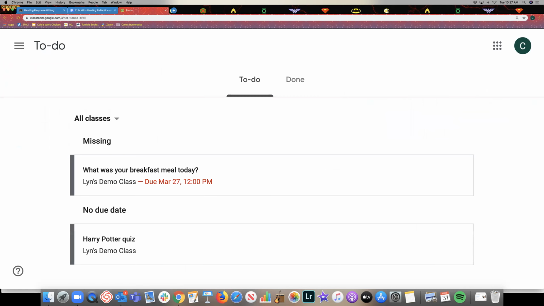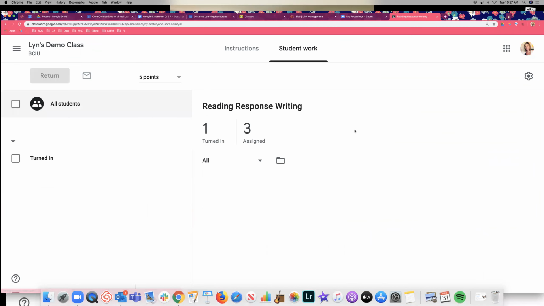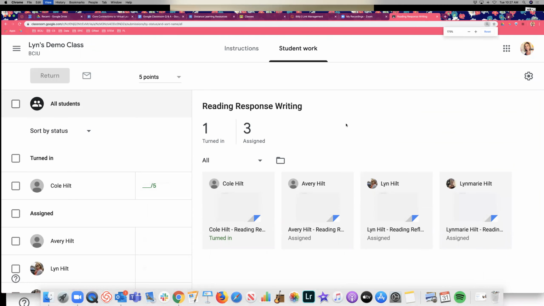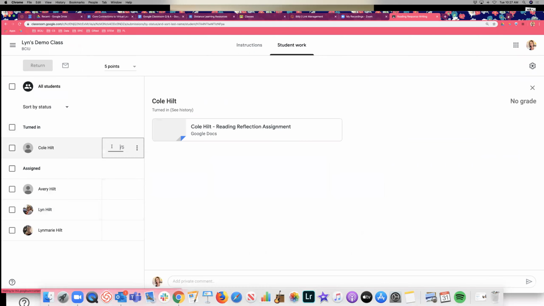I'm going to jump back to teacher view. Now, when I go to this assignment, now I'm in teacher view. I see all of my students. I see all of their documents, even if they haven't opened it up yet. I see which students turned it in and which did not. And I see the number of points available for the assignment,